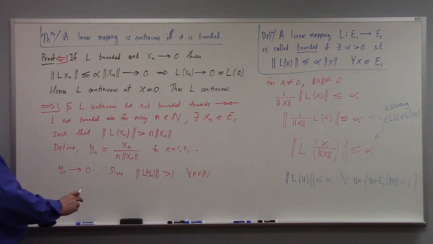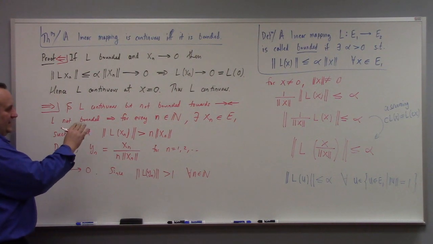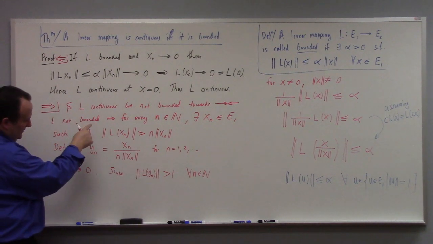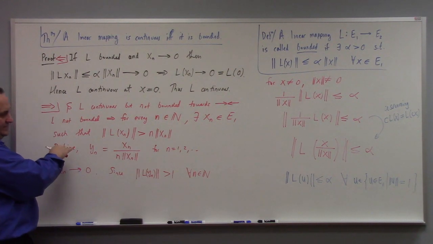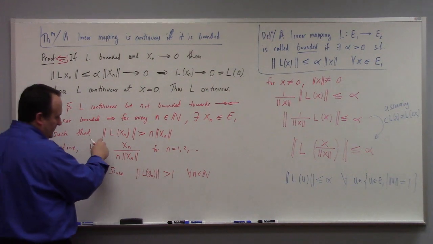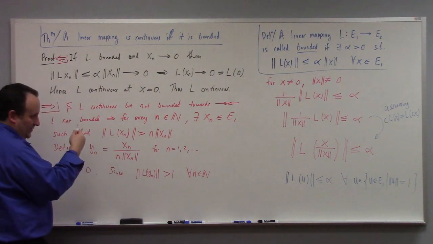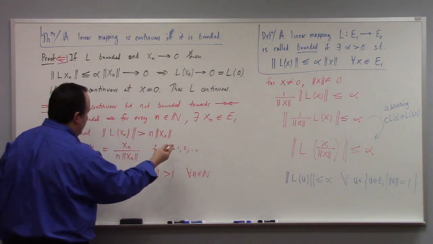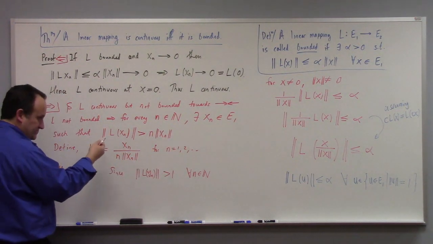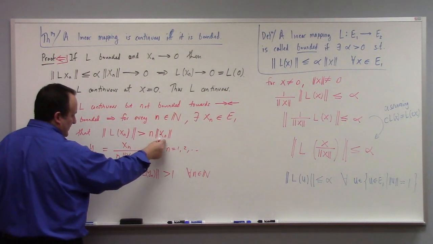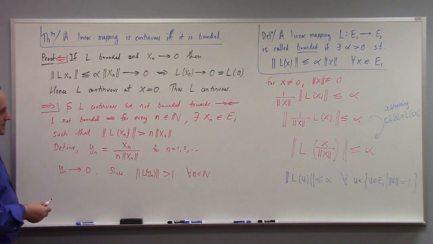Okay, but I mean, the logic here, right, is supposing L is continuous. It's not bounded. If it's not bounded, then we can construct a sequence. There exists a sequence, rather, such that the values of the sequence are larger than n times the norms of the input, and